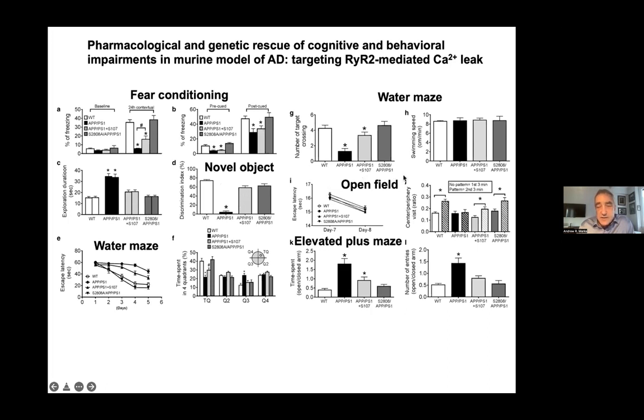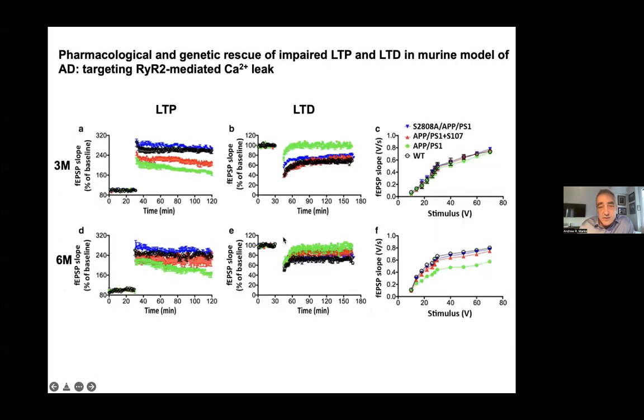In an open field test, the same type of thing occurred, where normal mice spend more time in the center of the field, and treatment restored that normal behavior. And finally, in an elevated plus maze, wild type mice spend most of the time in a closed arm as opposed to an open arm. This abnormal behavior in the Alzheimer's mice, where they spend more time in an open arm, which is considered less safe, could be fixed with either genetic or pharmacologic rescue.